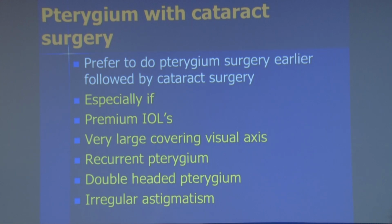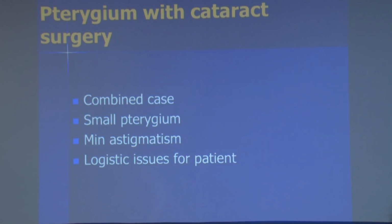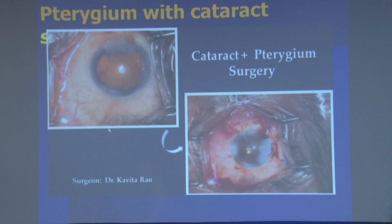The other case, I think, which is relevant for us as general ophthalmologists also, is if you have a pterygium with cataract surgery. Ideally it's best to do the pterygium surgery first and then go ahead and address the cataract, especially if you are doing a premium IOL, or if it's a large pterygium covering the visual axis, causing irregular astigmatism. In some cases, maybe you could do it combined,